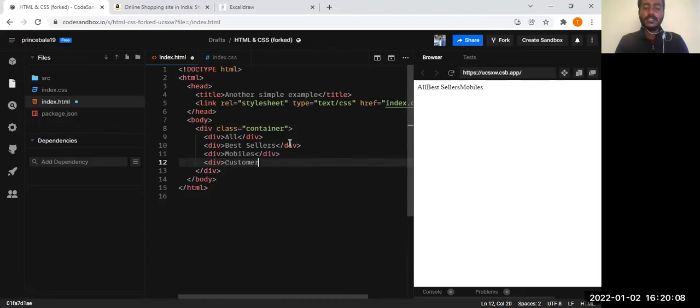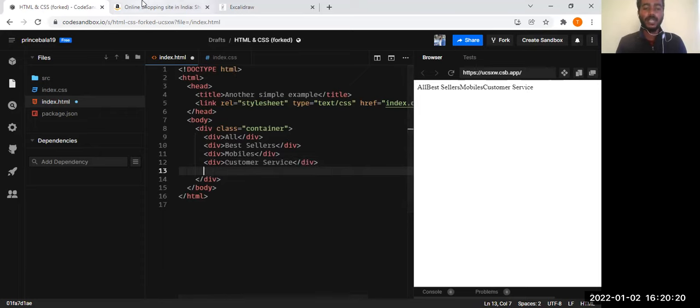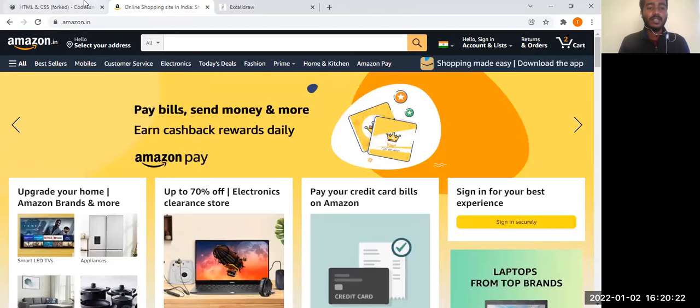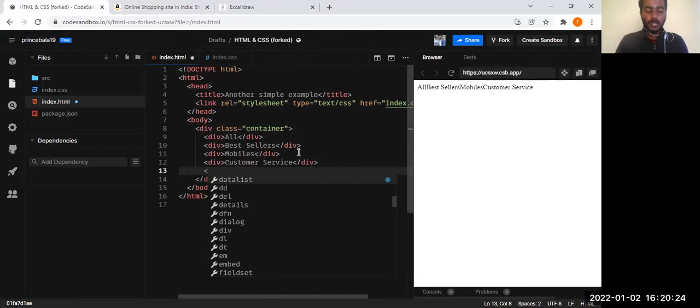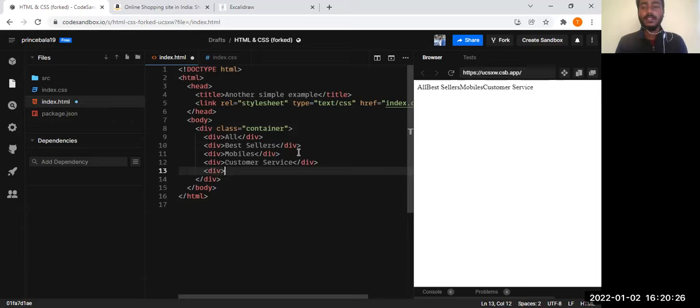It's not necessary that you create it only with divisions. You can create it using other elements also, but I just wanted to give you a little introduction on how to do it, so I'm doing it with the help of divisions. Even you can use a span, because span is an inline element.